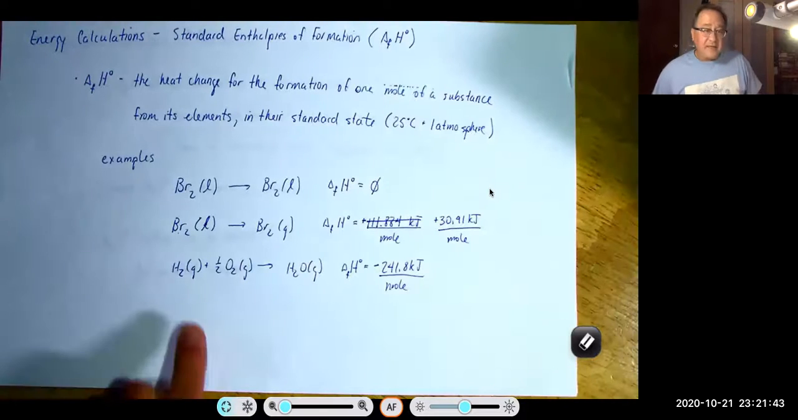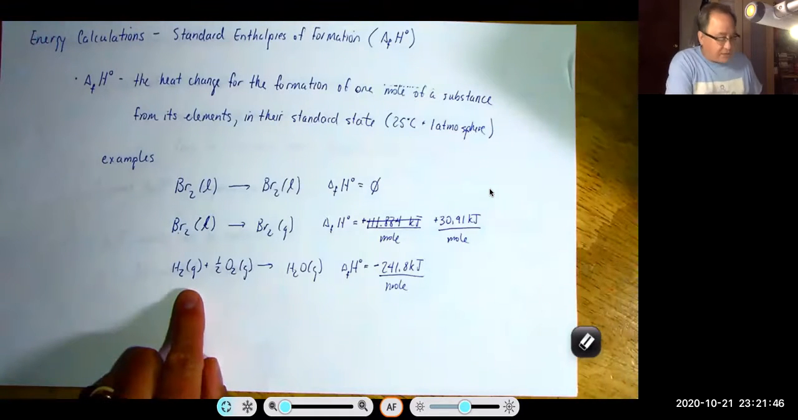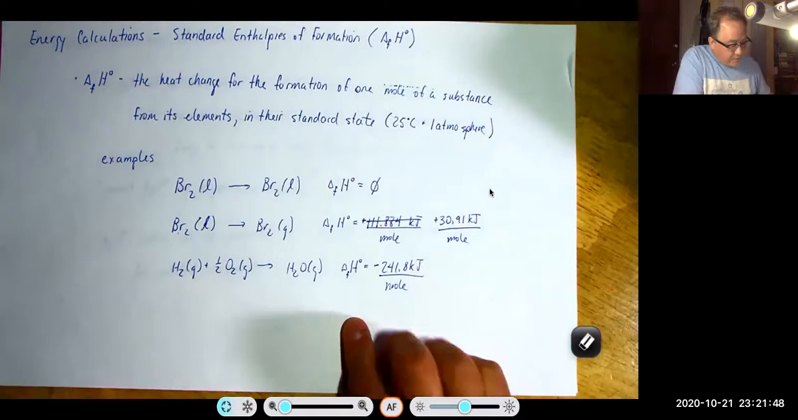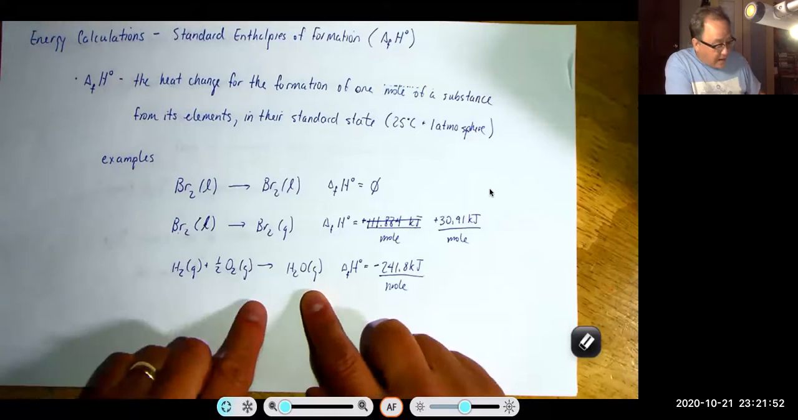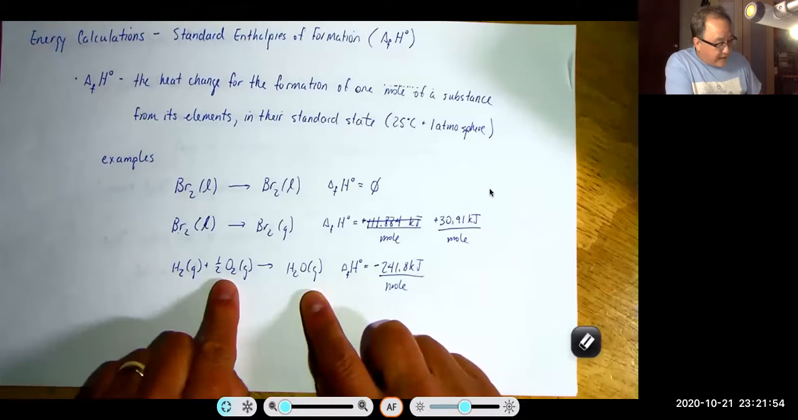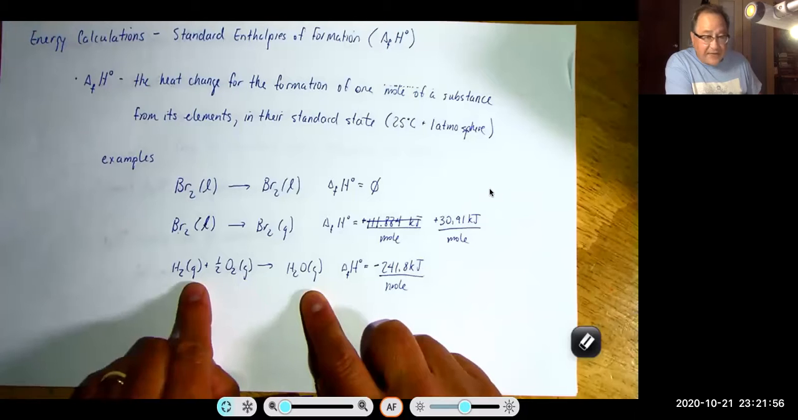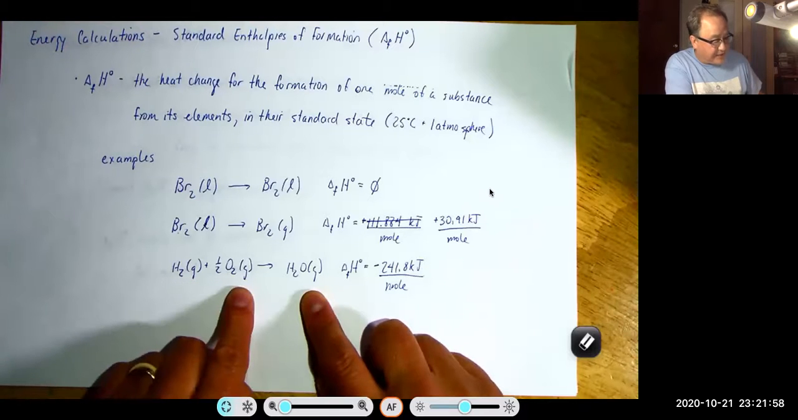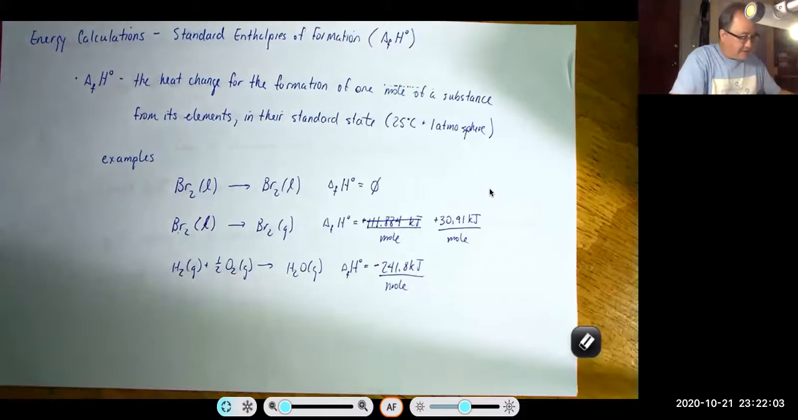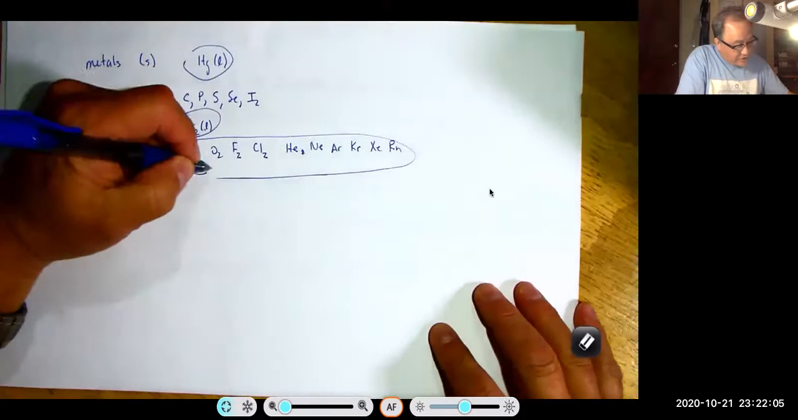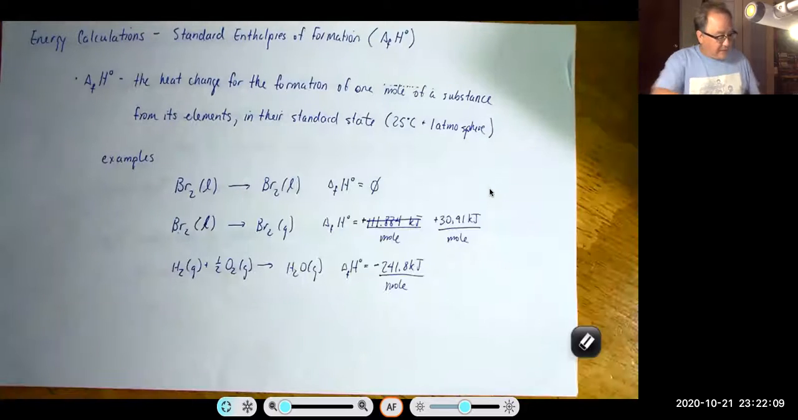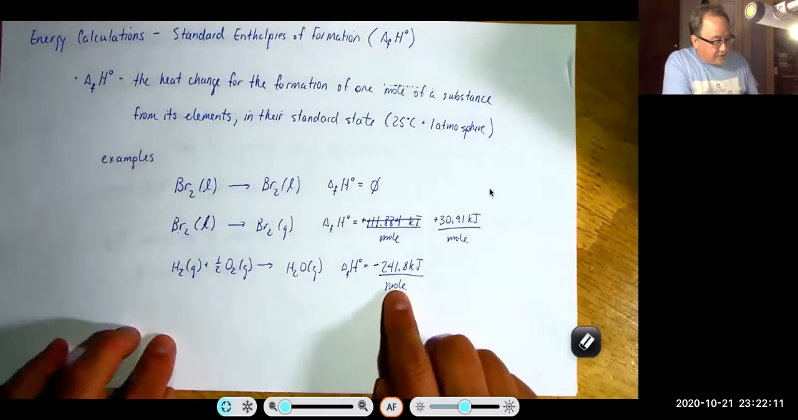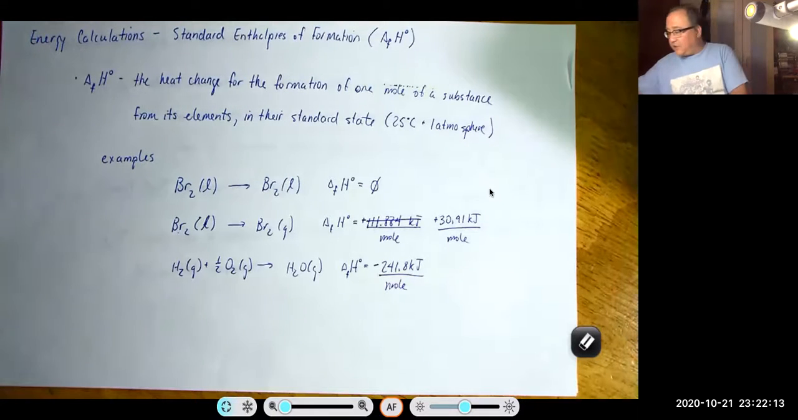And here, this is a standard enthalpy of formation reaction. So here we have H2O gas. And what are the elements that make it up? Hydrogen and oxygen. And the standard state of hydrogen is a gas. The standard state of oxygen is a gas. And oh, I need to add that to my list back here. Now that I think about it, H2 is a gas. And this is the standard enthalpy of formation reaction, and it's minus